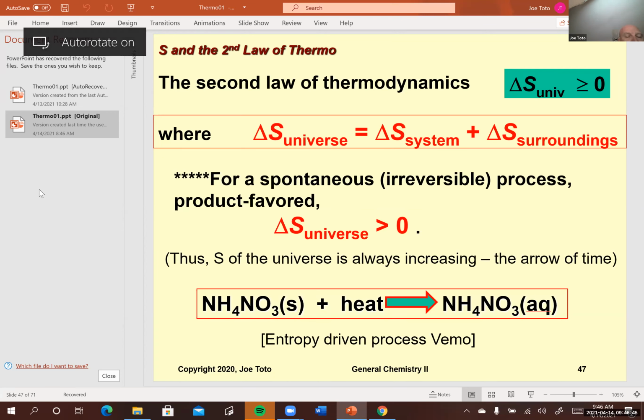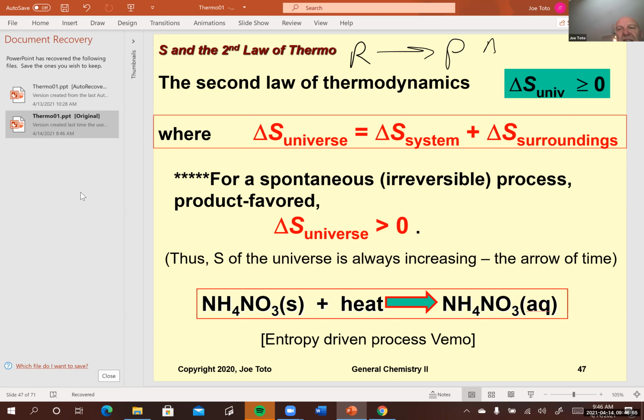maybe I can write this out over here. So I have reactants over here. Reactants go to products. And if the delta S for this is less than 0, then you're right, we would say that's non-spontaneous. But it implies that if I took these and made those the reactants in this new equation, that delta S for that would be greater than 0. And so the opposite is spontaneous.